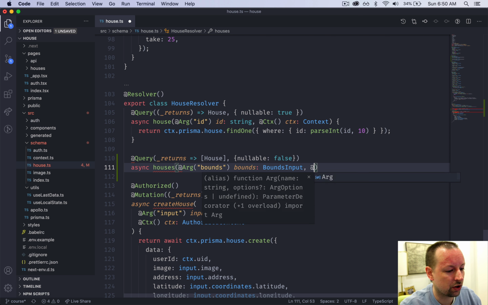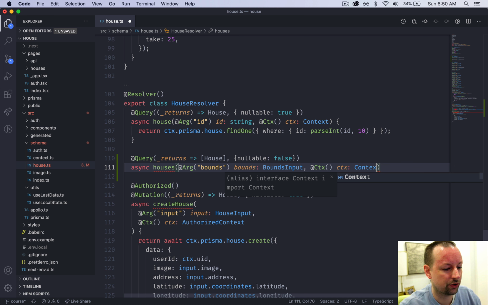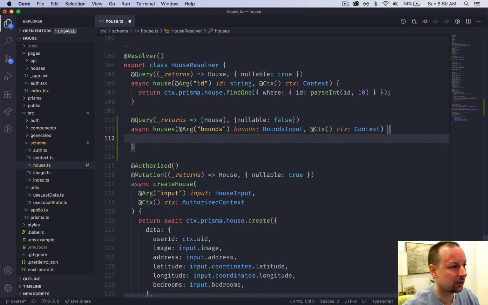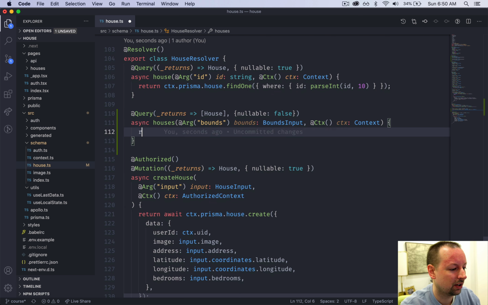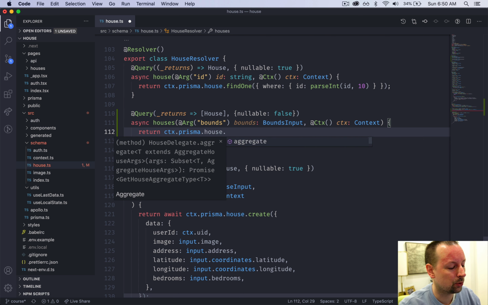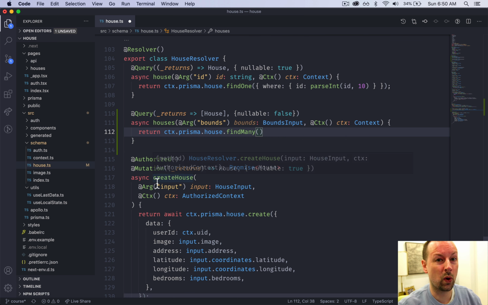We also need the context, so let's decorate this context variable, which is type of context, so that we can get Prisma and query the database from that. And now we just have to run the actual query itself. So we're going to be returning the result of it, and we'll access context.prisma.house.findMany, and we have to pass in our where clauses, telling the database how to restrict or constrain the houses